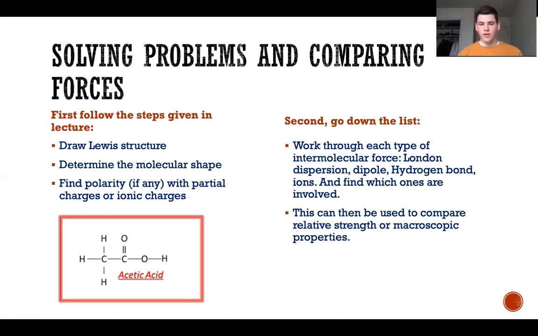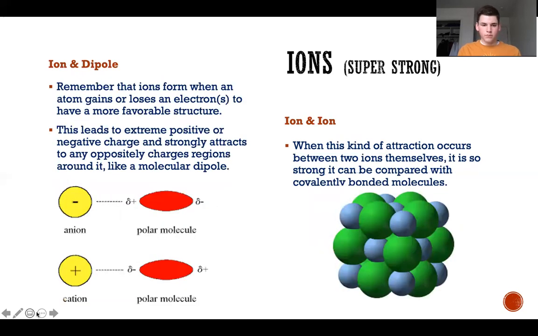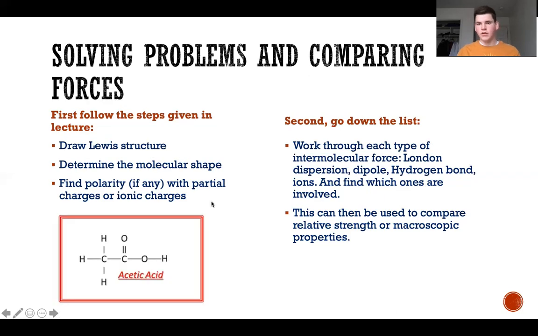And so the only reason this would be a nonpolar molecule is if every single bond itself was nonpolar. And so having the molecular shape gives you a preview of what the polarity of this molecule might be. And then thirdly,